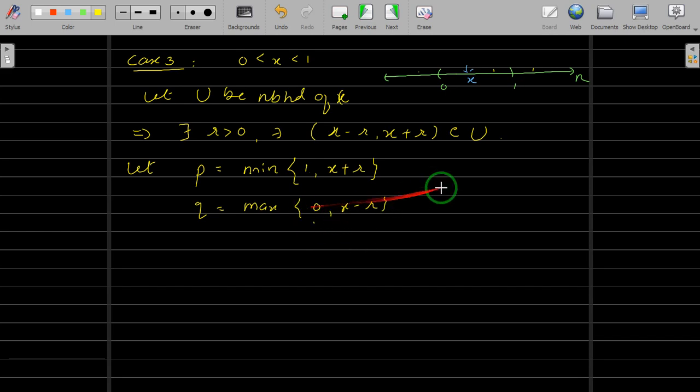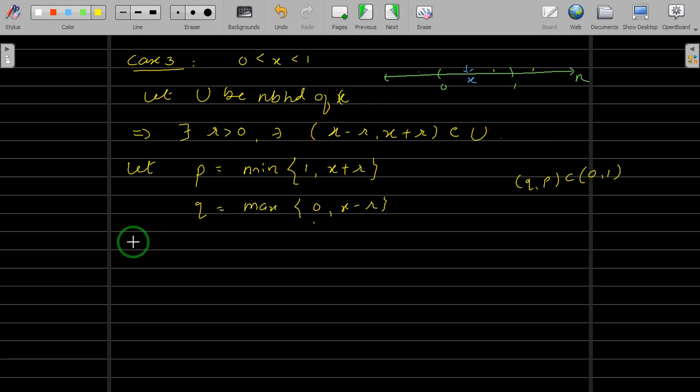But there is a guarantee that if you take the open interval (P, Q), that will be contained inside the open interval (0, 1). There is a guarantee because of the way we have defined P and Q. P is the minimum of this and this. Q is the maximum, so not P comma Q, it's Q comma P. Q comma P is contained inside this. Of course if you have this and x belongs to this set, then the intersection is non-empty, and then x is the limit point.